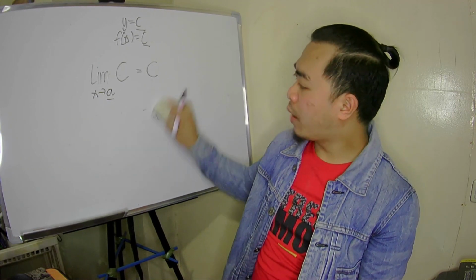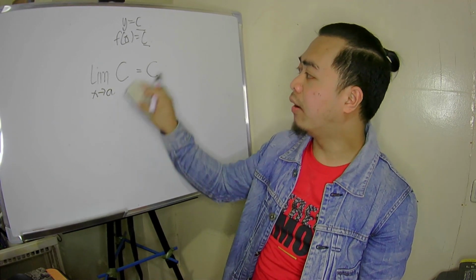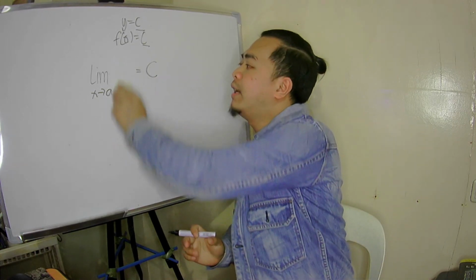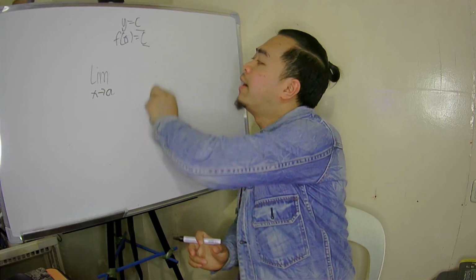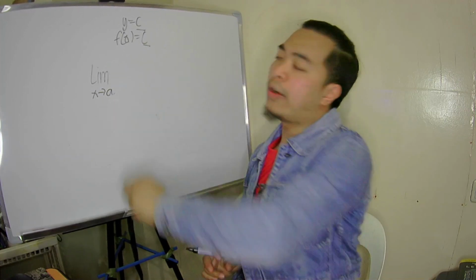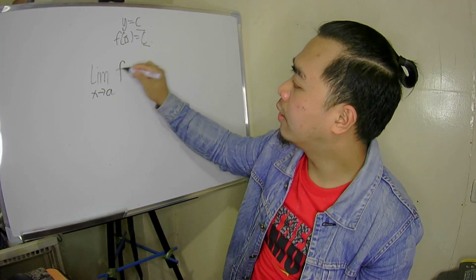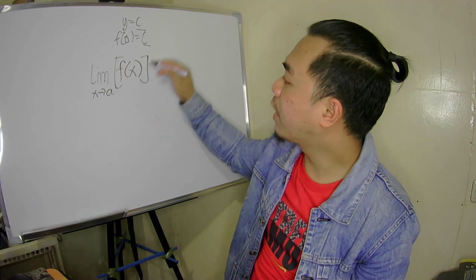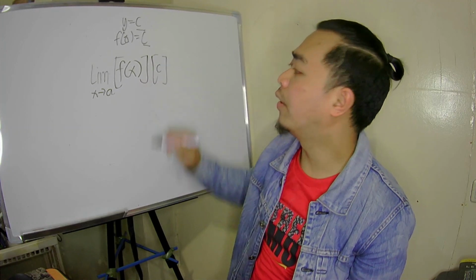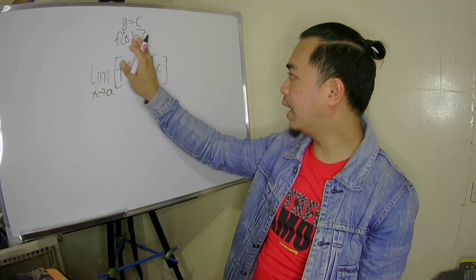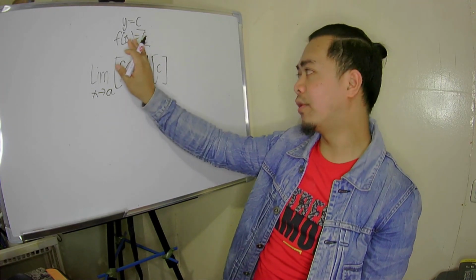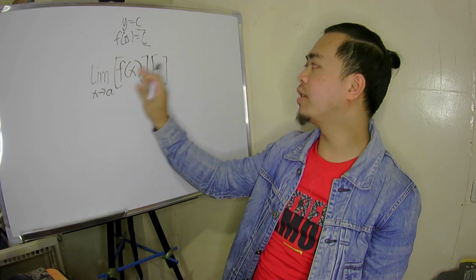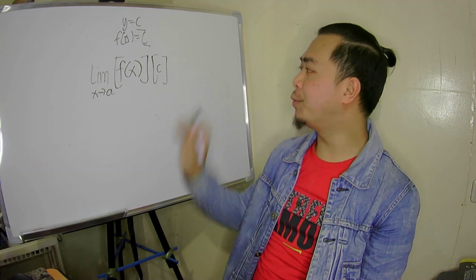The second limit property is a combination of the first one and another one. So this time, instead of having a very simple constant function, ang meron tayo ay product ng isa pang function, let's say f of x, tapos naka-multiply siya sa constant function na yun. So, function yan, constant function yan. Ito, of course, pwedeng constant pa rin. Pero, of course, ang constant times constant ay constant. So, yun mismo yung sagot.